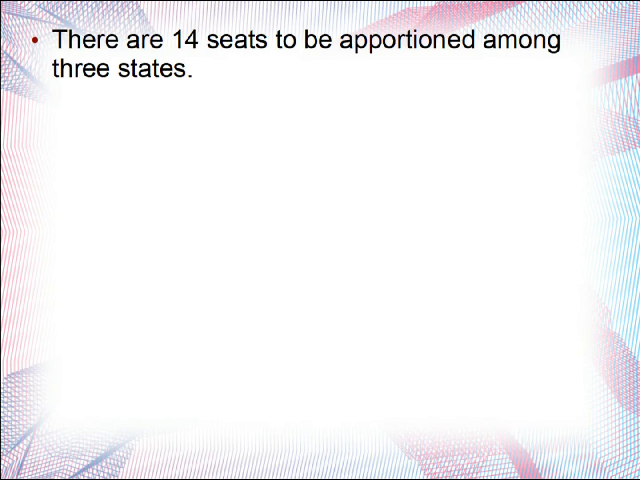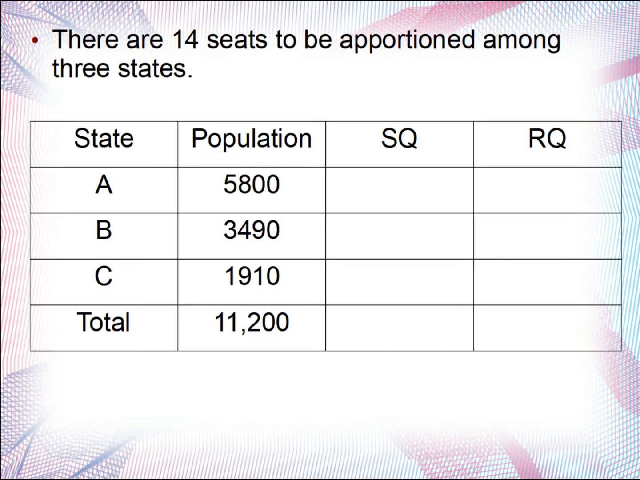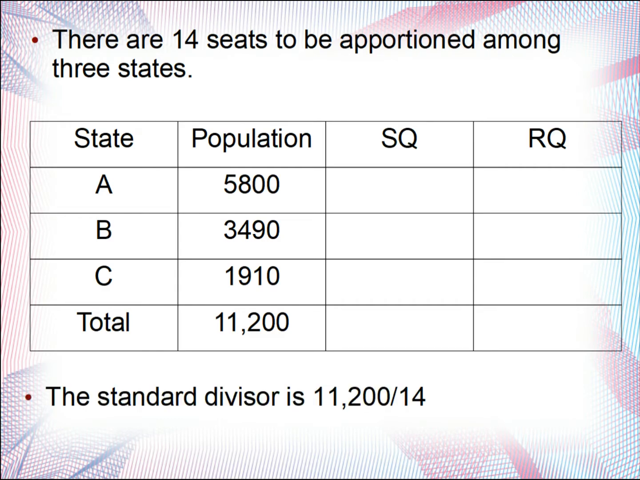So let's look at an example here. There will be 14 seats to be apportioned among 3 different states. So I have the populations and the states. The standard divisor, we just take the total population, which is 11,200, divided by 14. So that gives me 800. So now to find the standard quota, I'm going to take the population divided by 800 because 800 is the standard divisor. So here we go. 5,800 divided by 800 is 7.25. And since there is a 2 in the tenths place, and 2 is less than 5, my rounded quota is